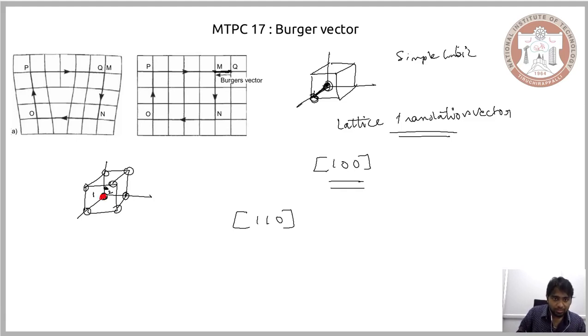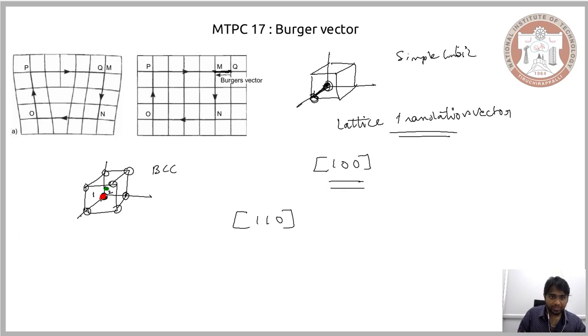So this corner atom and the body centered atom, that is 2. The magnitude of the Burgers vector is the interatomic distance between these two atoms, and this is along the 1, 0, 0 direction. Since in this BCC these 2 points are also positions of atoms, these 2 points are also lattice points, so this vector is also a lattice translation vector. So in case of BCC, there are 2 possibilities of having a lattice translation vector, that is these 2 positions.